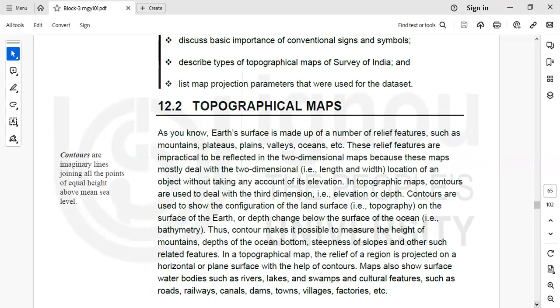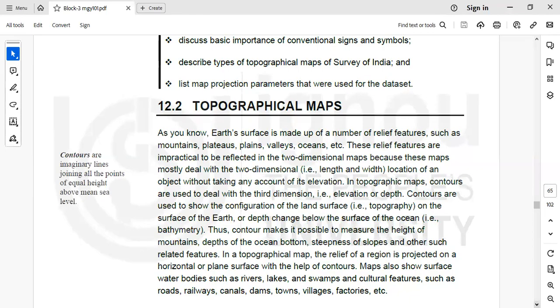देखिए, अगर आप एक नॉर्मल मैप को देखते हैं तो आपको सिर्फ 2 चीजों की इंफॉर्मेशन मिलेगी कि कोई फीचर है, कोई ऑब्जेक्ट उसमें दिया गया, चाहे कोई रिवर है और कोई पहाड़ी है, तो आपको उसकी लेंथ और विड्थ जो है वो आपको मिल सकती है. If we want to know the elevation, अगर आप जानना चाहते हैं कि उसकी हाइट कितनी है, you will not get from those map. So कार्टोग्राफर ने फिर समझा कि हमें हाइट दिखाना है तो हम किस मैप से दिखा सकते हैं.